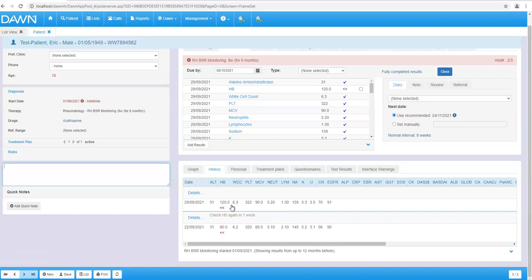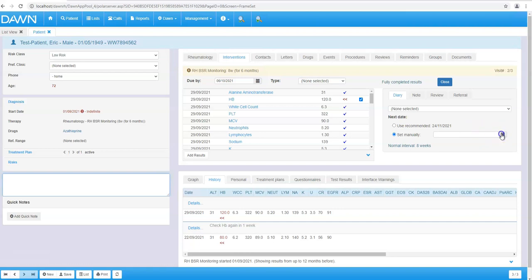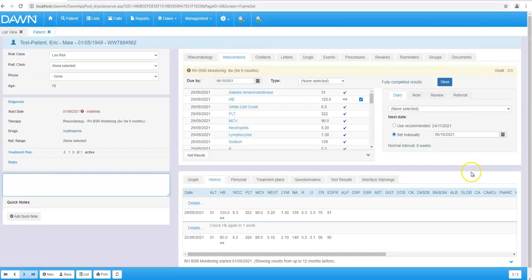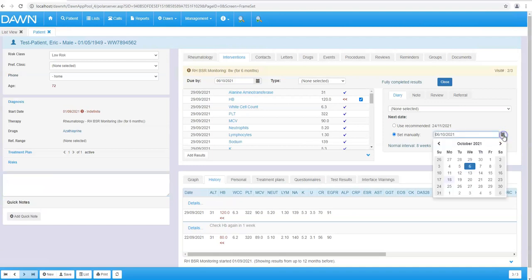So perhaps on this occasion, all I want to do is check that off. I want to change the next test date to be another week, and we'll see if it's back in range then. If I don't think it's an effect of the medication, I might just want to be sure that the patient's back in range. So the date there is the 6th of October. So what I'll do is just move them on 1 week to the 13th